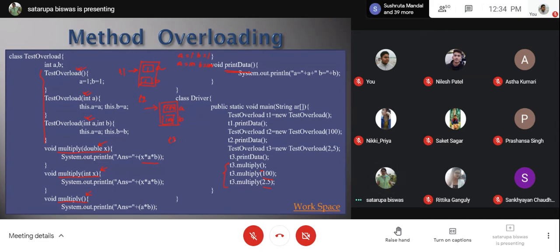Next you create T3. Here also you have 2 rooms for A and B. You send 2 and 5, so through the parameterized constructor 3, 2 and 5 will be saved here. And when you are printing it, it will print like